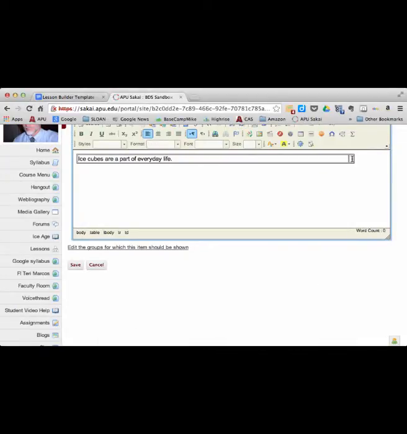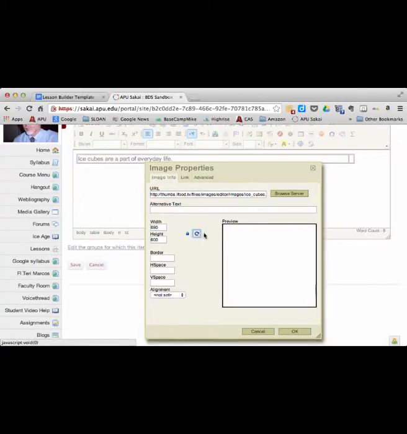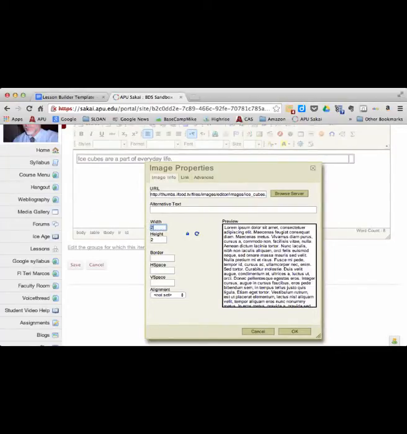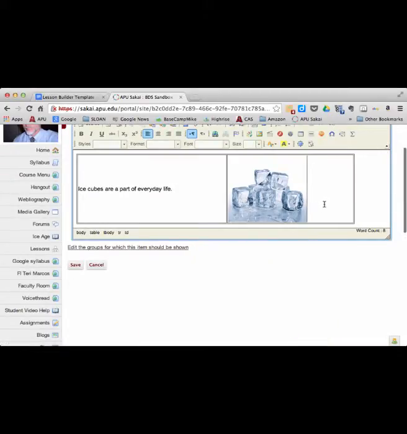And in my table, I'm going to insert an image. That's this little button up here. And there's a URL. Paste that in. I can hit my little refresh button here. As I can see, it's pretty big. So I'm going to make it a little bit smaller, make it only 300. And actually make it even a little smaller than that, 200. And click OK. And I now have my ice cubes that are a part of everyday life and a picture